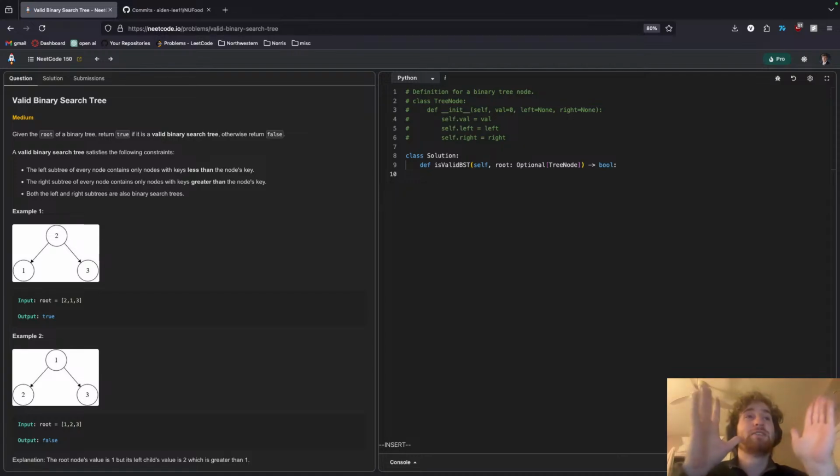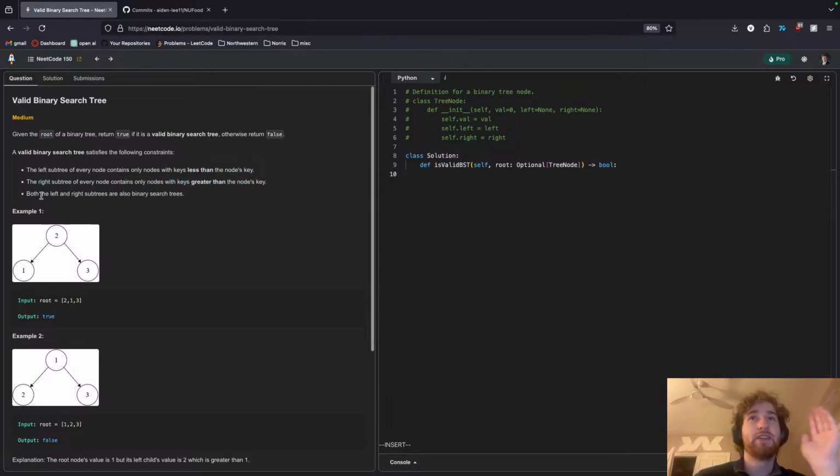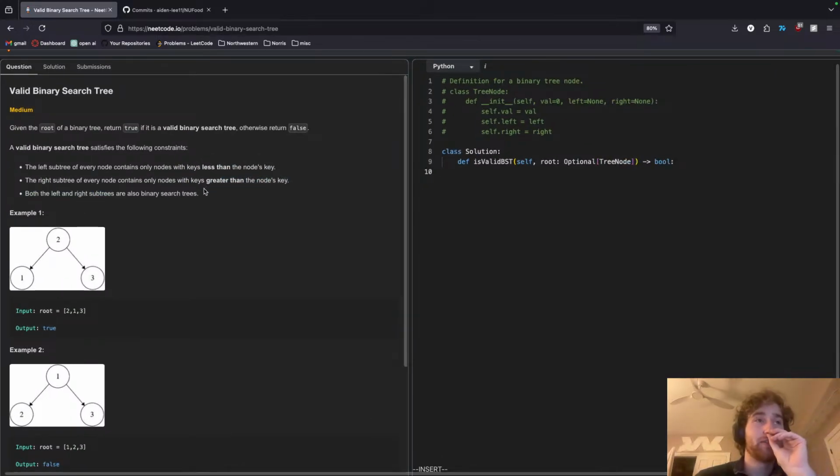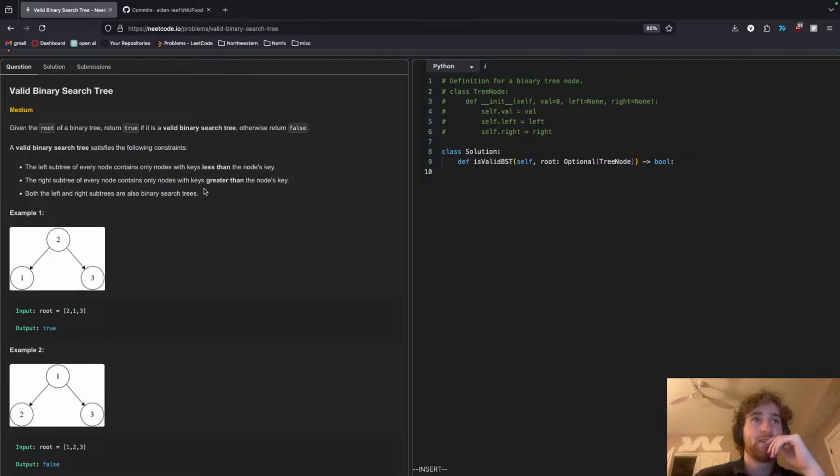It's a valid binary search tree. You check the less than, you check the greater than, and then you just call the recursive call with the left and right subtrees. I don't think I'm missing something. How is this a medium? I'm going to say that and I might get shafted by this problem. Okay, so